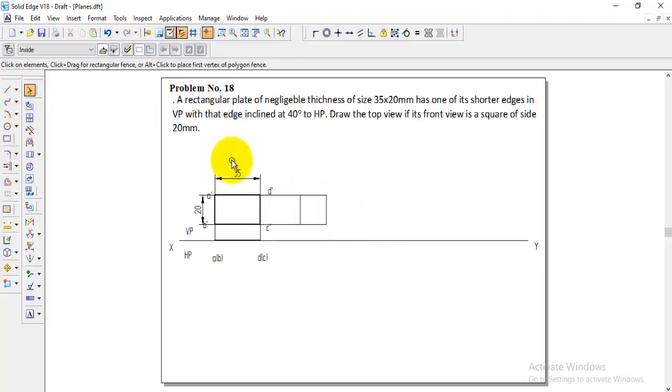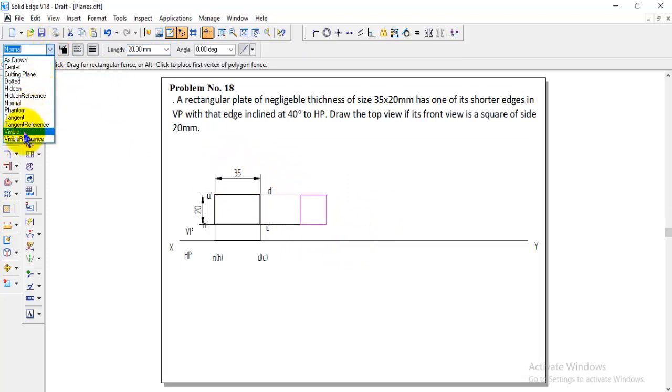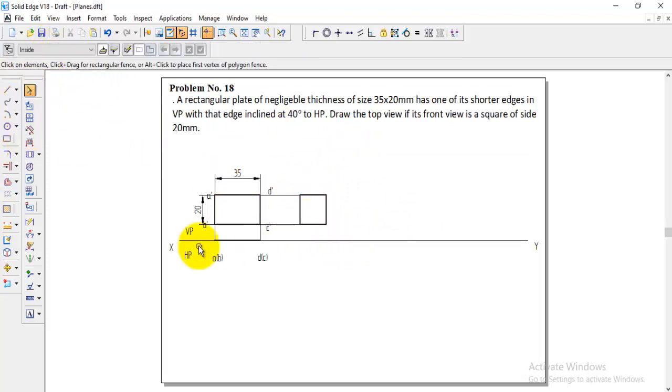And this one should be a visible line, because it is looking like a square. And coming to the naming, go to the move option and switch off the copy, and you can keep the namings here: A dash, and this will be D dash, and this will be C dash, and then B dash.